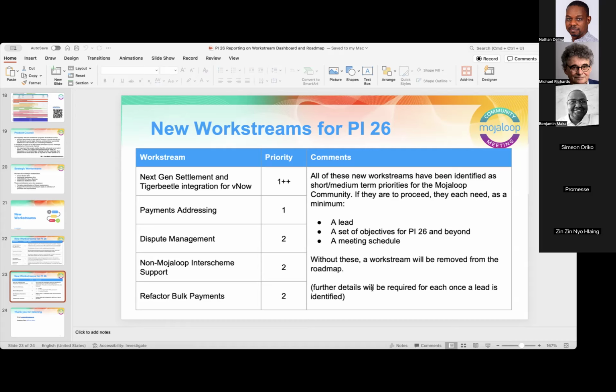There's payments addressing implementation and dispute management, which are probably great places for relatively new members of the community to assist, and I'd like to get some good support in that area. Refactoring bulk payments needs somebody who has some reasonable understanding of working with the Mojaloop core and the ITK, and we would welcome help there. So there are three levels of technical assistance we need here.